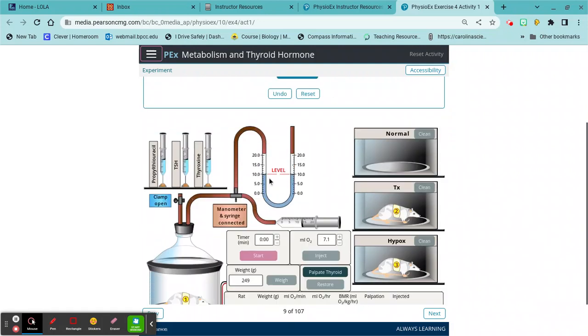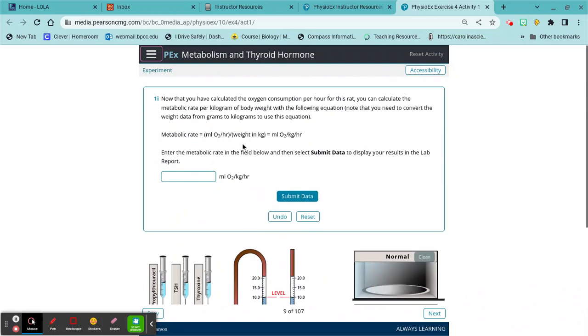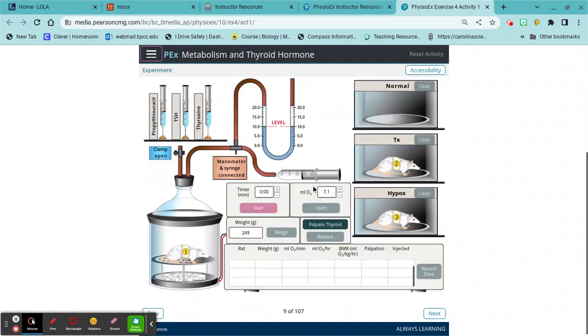So if this is 249 grams, we would shift 1, 2, 3 to the left. If kilograms is bigger, then the grams is actually a smaller part of that kilogram. So that weight ends up being 0.249 kilograms, and that's going to be the denominator of the value that we just got, which I think we said was,